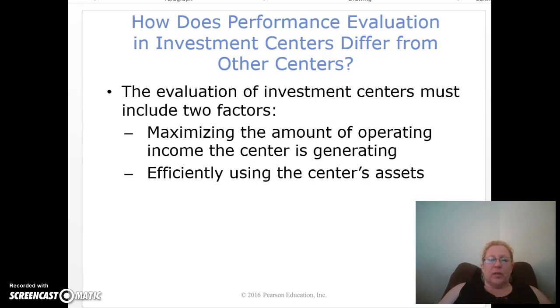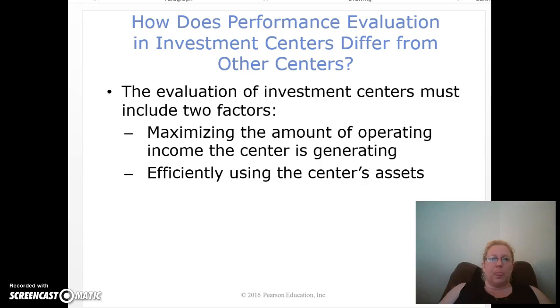Investment centers are typically large divisions of a company. The duties of an investment center manager are similar to those of a CEO. The CEO is responsible for maximizing income in relation to the company's invested capital by using company assets efficiently. Likewise, investment center managers are responsible for not only generating profit, but also making the best use of the investment